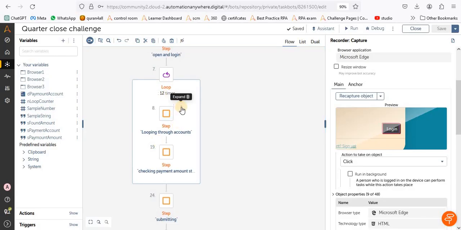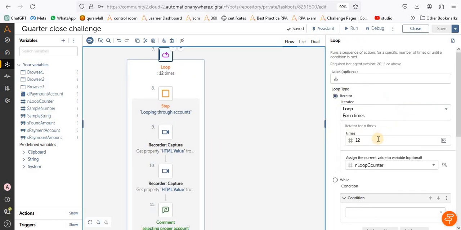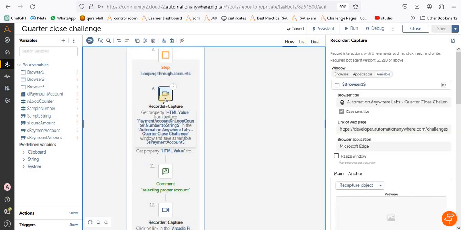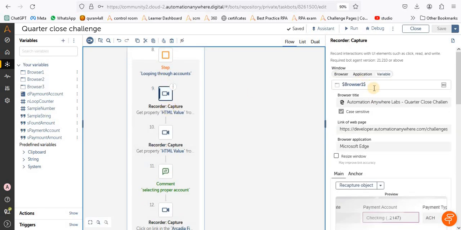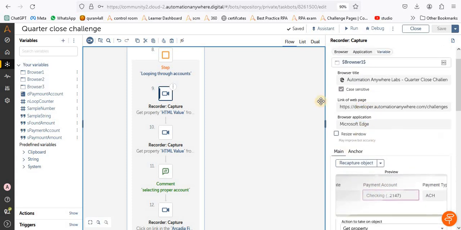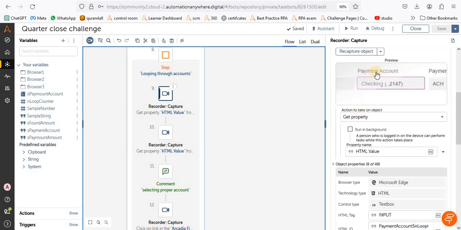Okay, so the second step here, I want to loop through. I just made a loop 12 times because we have 12 transactions, and assign the output current variable value of the loop to in loop counter. I made this new counter, and then the second step is to loop through the actions. So I have opened my browsers and just taken a capture, and get property for the payment